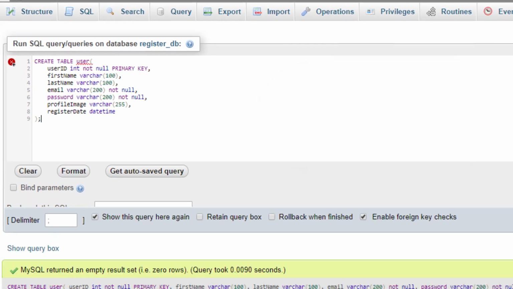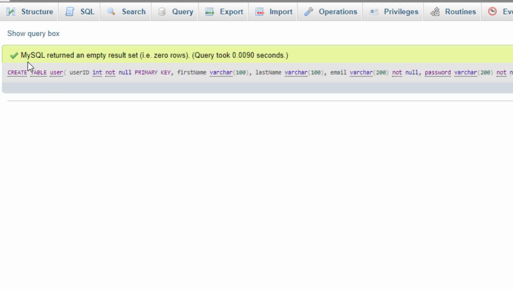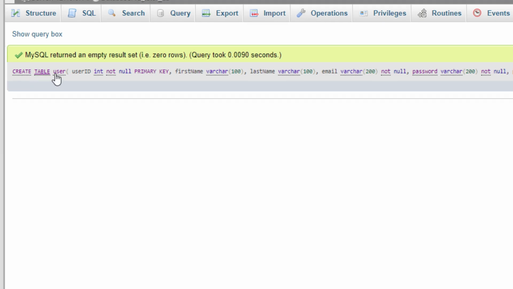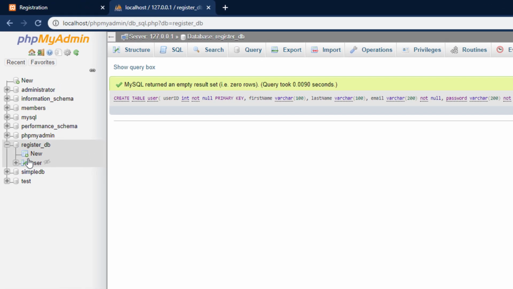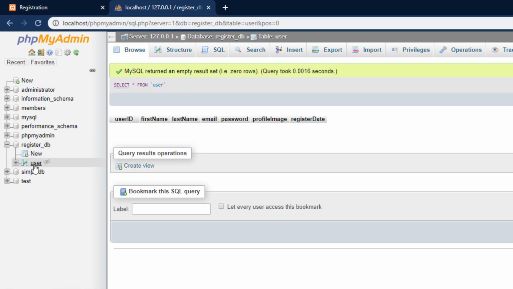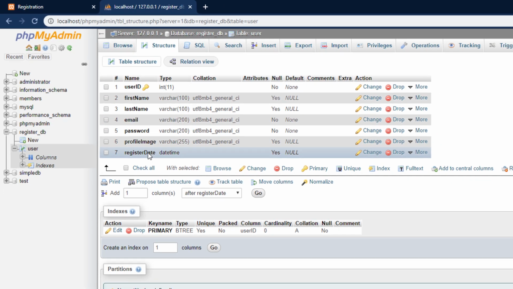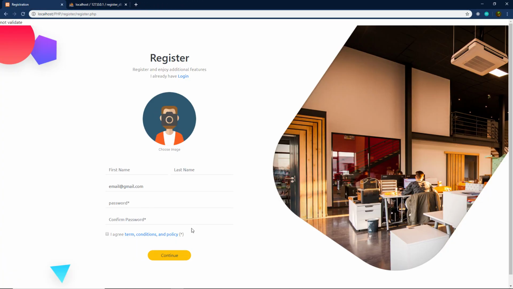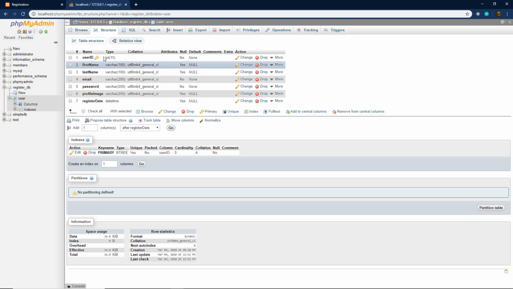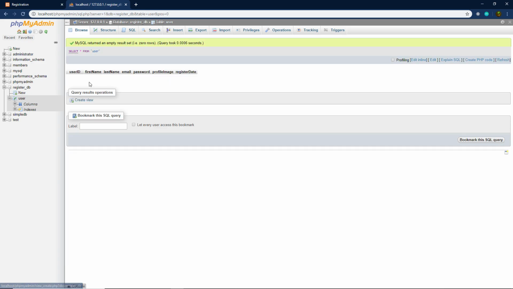When I click on it, you can notice a status message, MySQL returned an empty result set, 0 rows, and you will have your table. So you can notice here in the register DB, you have your user table, right? If you take a look at your user table, if you click on these columns, you can notice you have a few columns in this table. Now let me store all the values of this registration form in this table. If you take a look at this table, when you click on it, we don't have any value in it. So let me show you how you can store all these values in this database